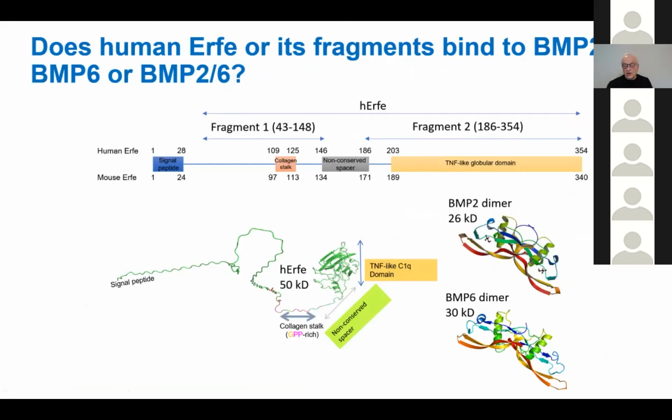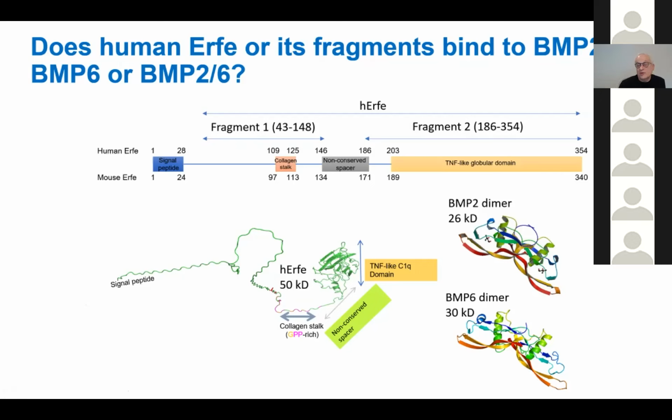So which part of erythroferrone is actually involved in trapping bone morphogenetic proteins? So we, and in parallel, Hal Drakesmith's group also, had divided the ERFE molecule into 2 parts, one that we call fragment 1, the other one fragment 2. Fragment 2 is the TNF-alpha-like globular domain. Fragment 1 is this extended region here that really doesn't have much impressive structure in it, and really we did